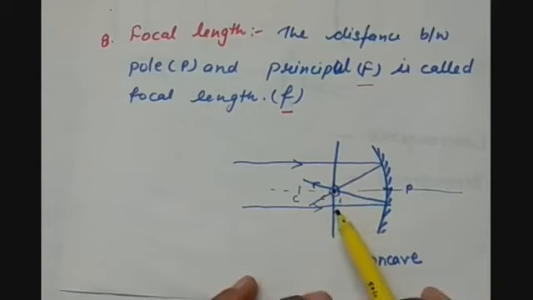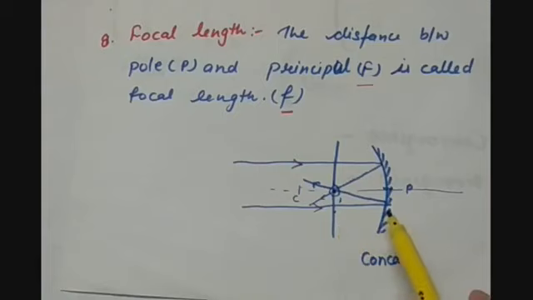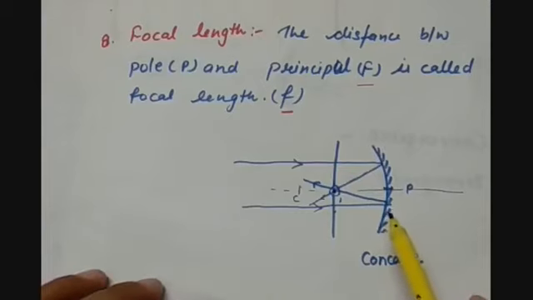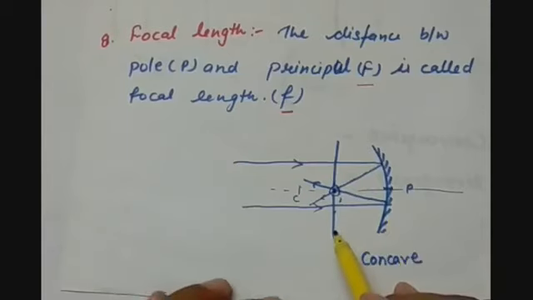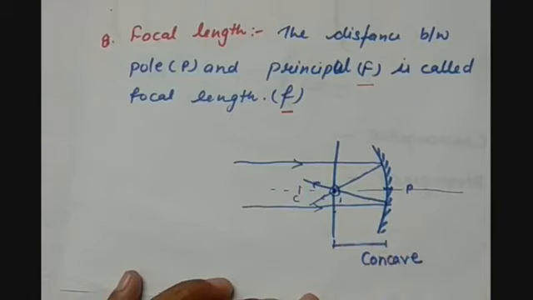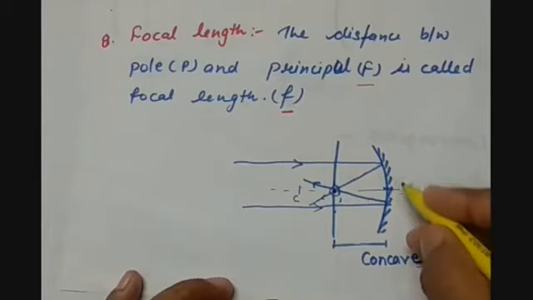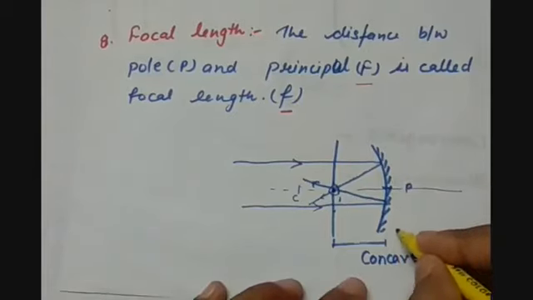If we keep doing this for a very long time, the paper can also start burning. So we have to take care while doing this activity that we do not look at the sun directly, because that can affect our eyes. Then, now that we have got the brightest spot on the paper, we can measure this length with the help of a ruler and get the approximate value of the focal length of the spherical mirror.